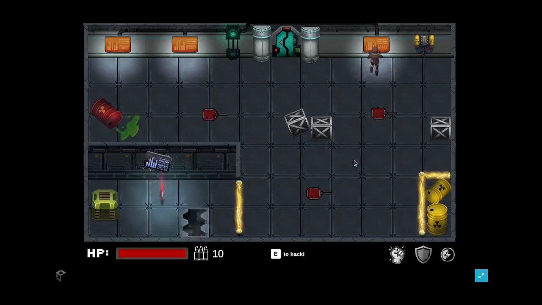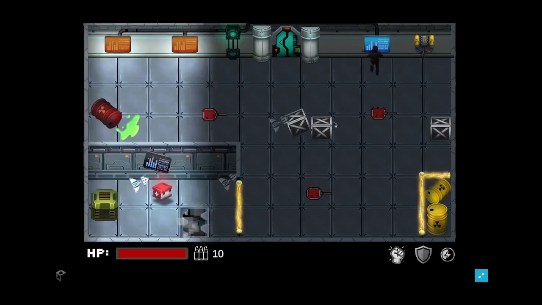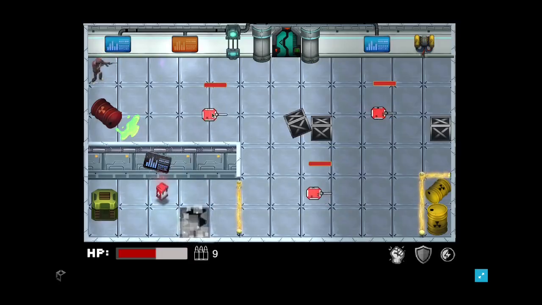Now, our job at this point is to try and open this door, and we do that by hacking these terminals on the wall. So if I press E to hack, some enemies start running at me, and they are unkillable, so they explode and damage me. I've hacked the wrong terminal. I meant to hack that one second, because when we hack our second terminal, these turrets pop out of the ground, and